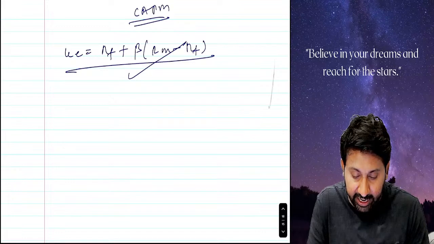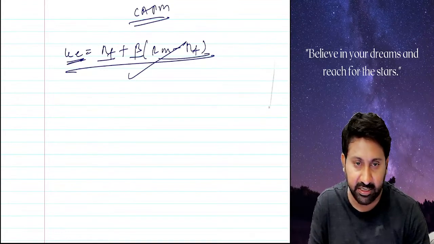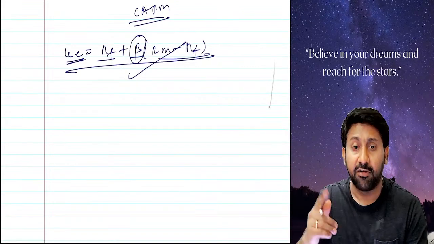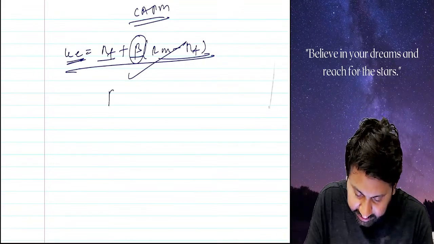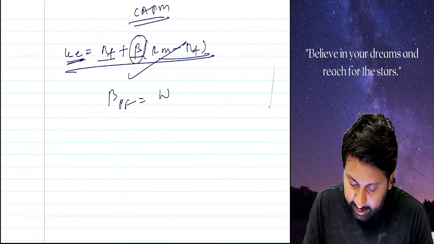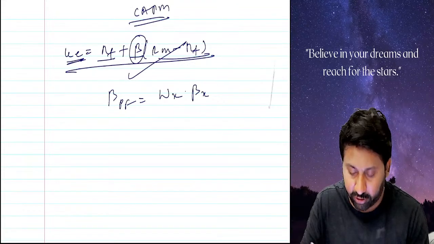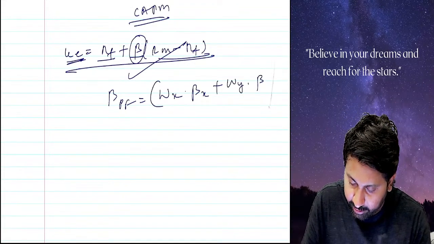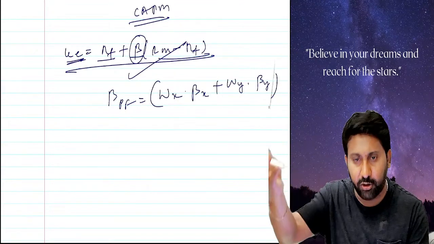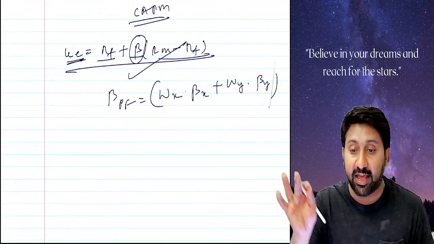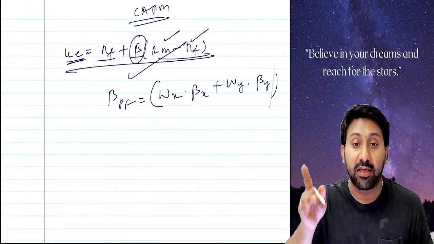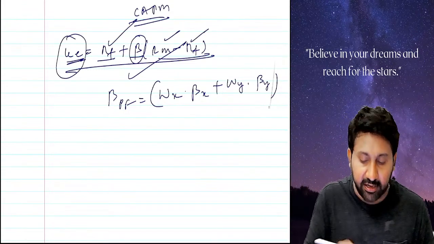For one security you can directly do KE equal to RF plus beta into RM minus RF. If multiple securities are given in the question, we should not take beta, we should take the beta of the portfolio. What is the beta of the portfolio? Weighted average beta, which means WX into beta X of a security plus WY into beta Y. Two securities, three securities, WZ beta Z, four securities, WA into beta A. Like that, it is a weighted average beta. Beta represents what? Weighted average beta. RM is market return, RF is risk free return. So totally we will calculate the KE under CAPM.